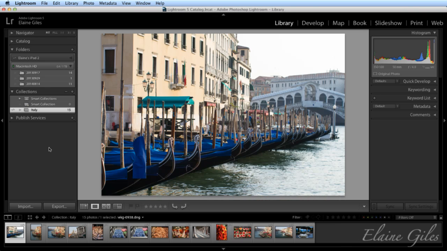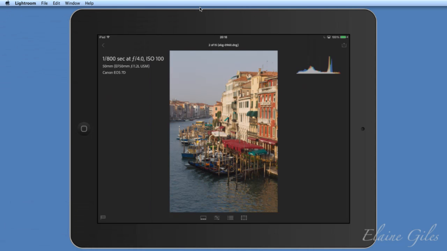So let's just go back to the desktop one. There's no actual indication here that this is uploading. There's no progress bar or anything. It's just happening in the background. And that is all you need to do in the desktop version. That's it. So if I minimize that, then we're going to go into the iPad here and start doing some